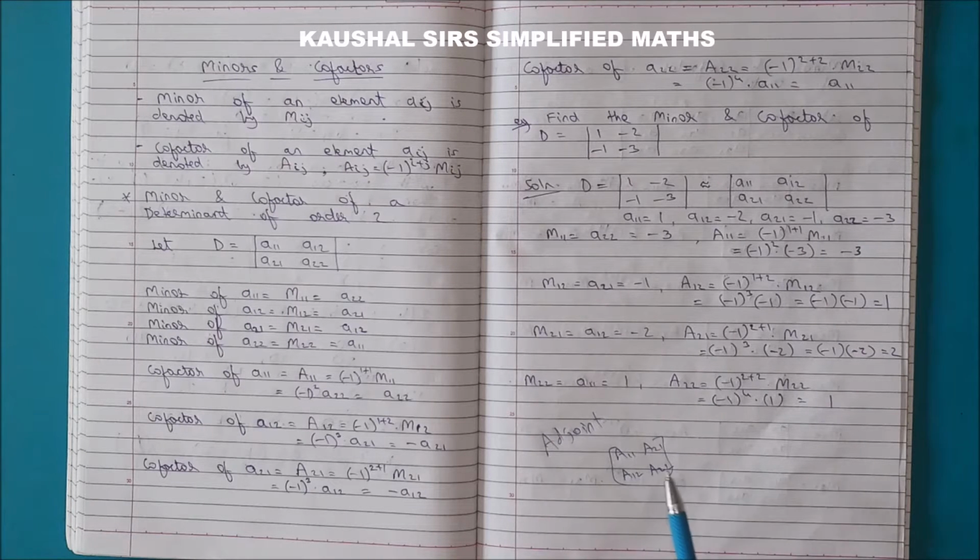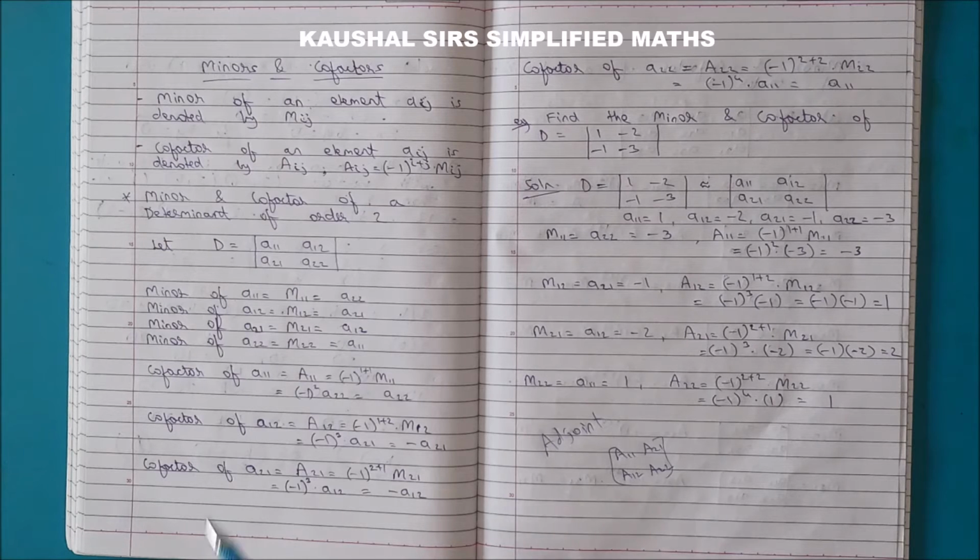So there these cofactors and minors are going to be used, with the help of which we can find A inverse. Yes students, you heard it right. We can find inverse of a matrix using adjoint of a matrix. Okay, you have studied a method in matrices to find inverse using row and column operations. So there is one more method to find A inverse of a matrix using adjoint of a matrix, in which minors and cofactors are used. So in this exercise we are just studying how to find minors and cofactors.